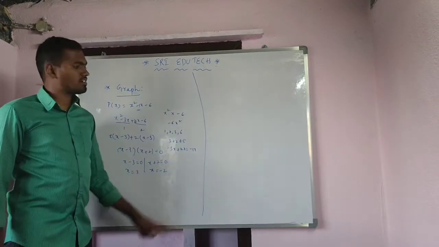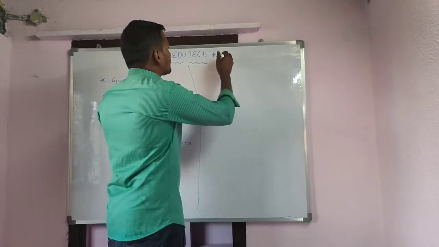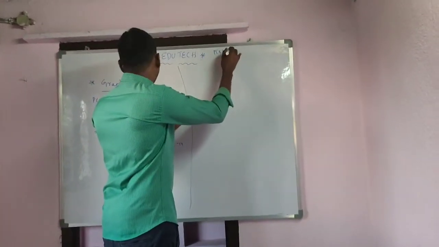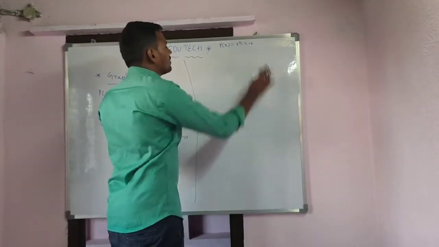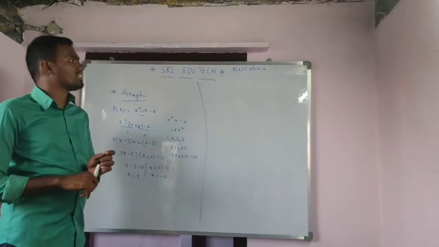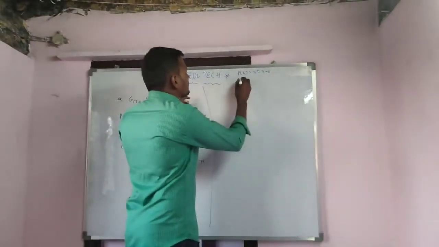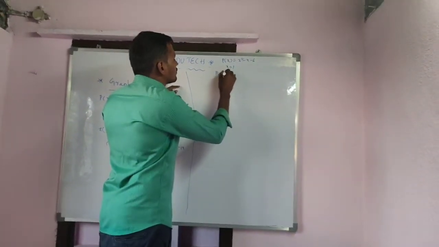From those values you have to draw the graph. Let us see. First I am taking the polynomial which is given, p of x is equal to x square minus x minus 6. In that I am substituting x is equal to 1. Then p of 1 is equal to,